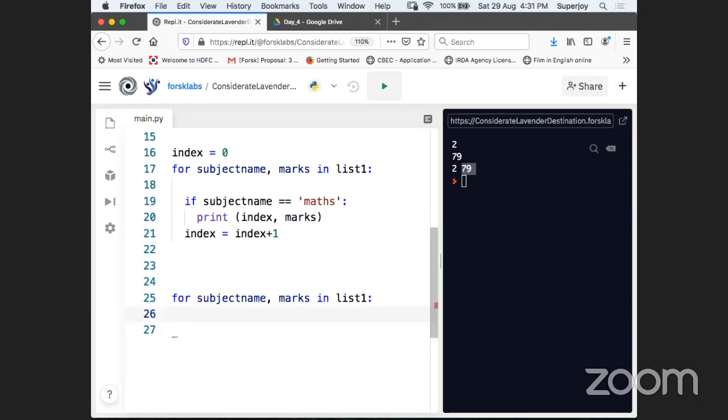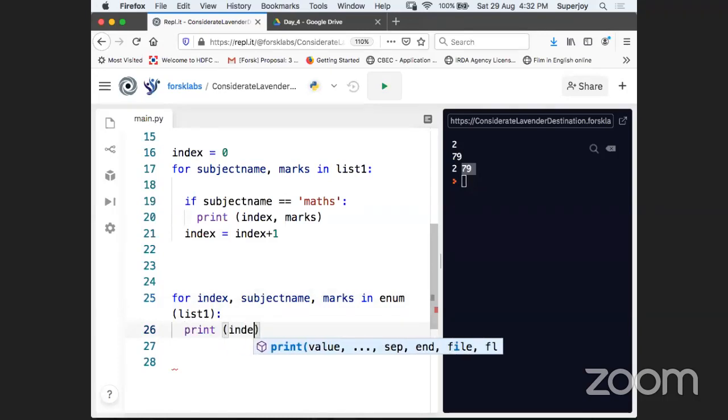And now, guys, there is a keyword which is called enum. So I'm using the enum keyword, and I will apply it on list one. Now, enum also gives me an index basically. So I can just write one more variable, index, here. And now here you see, guys, what will happen. We will print the index as well.